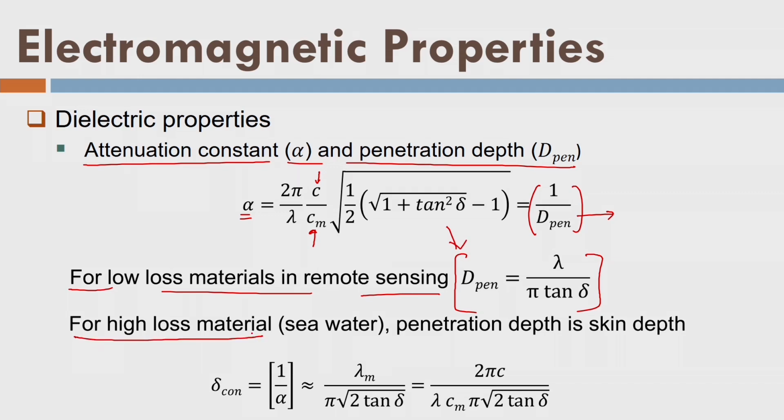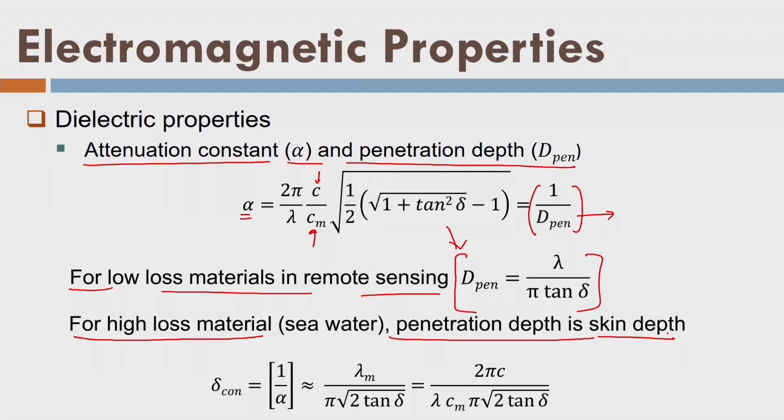For a high loss material, high loss means electrical conductivity is more, and as a result the incoming radiation will be absorbed or passed through by the material, like seawater. Seawater is saline water, so it allows the flow of electricity through it. So, the penetration depth is skin depth only. That means the radar radiation will interact at the skin, slightly reflected, and that low reflection will be just able to tell some depth of the surface, and that is called the skin depth, which is given by this delta, and it is 1 upon alpha, which is approximately equal to this one.